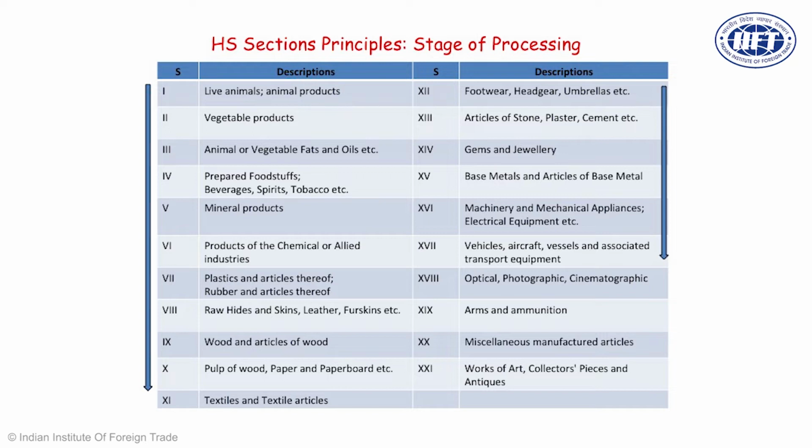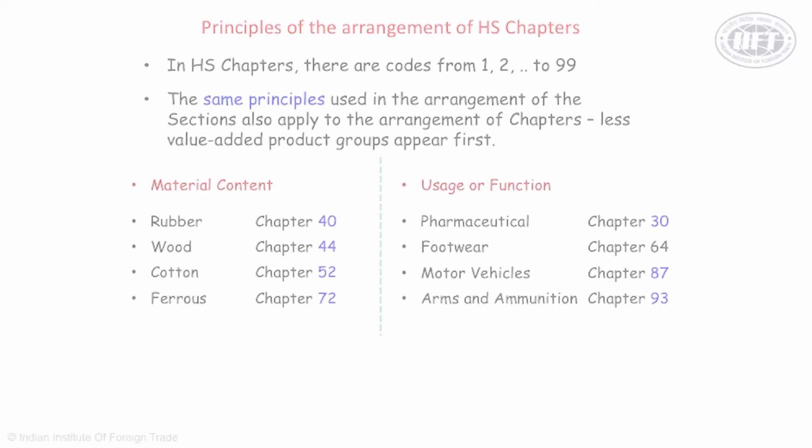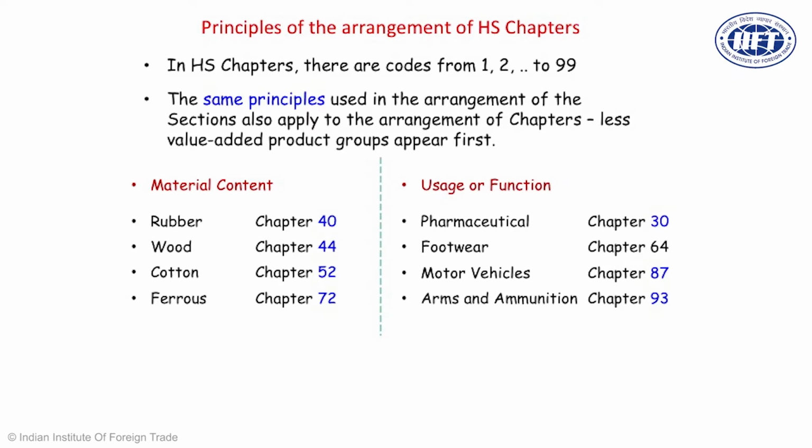In case you are looking at your products within a chapter or heading, there are 3 rules of thumb that you can follow. 1, as I said, it is the material content that we might check. The material content is, say, a product is made of rubber, then it comes under chapter 40. If it is made of wood, then it comes under chapter 44. Likewise,